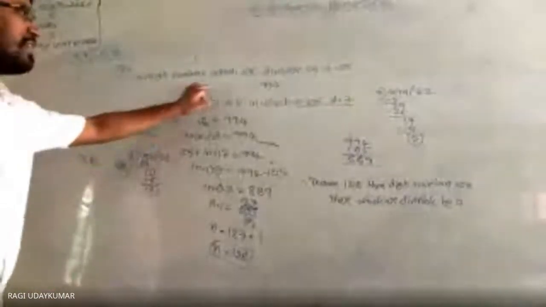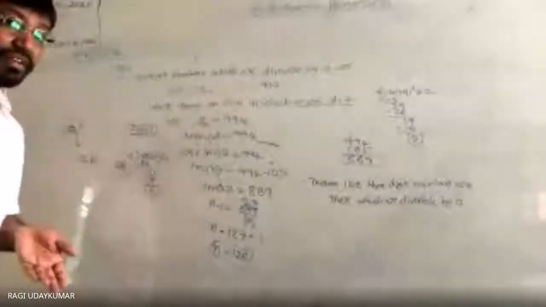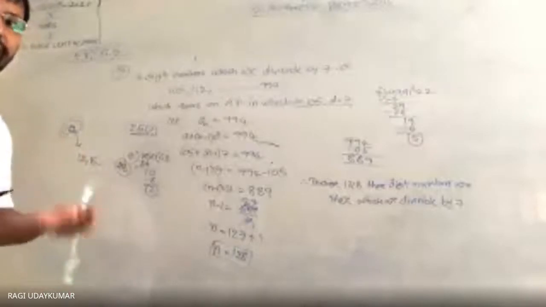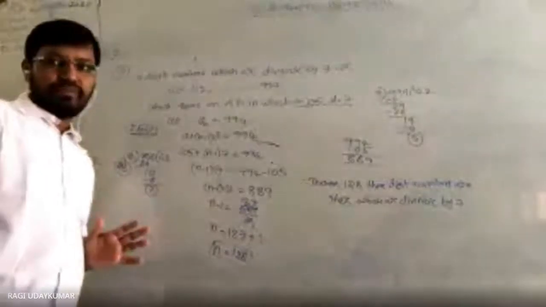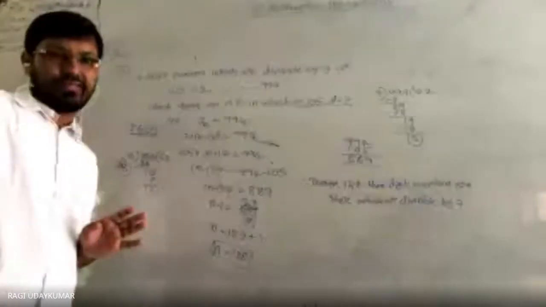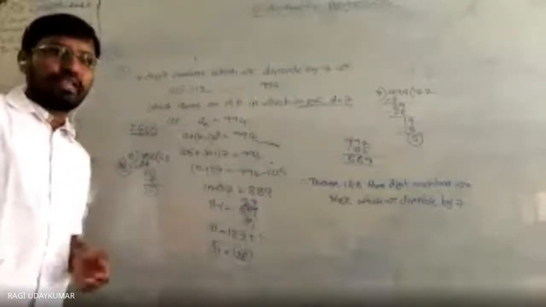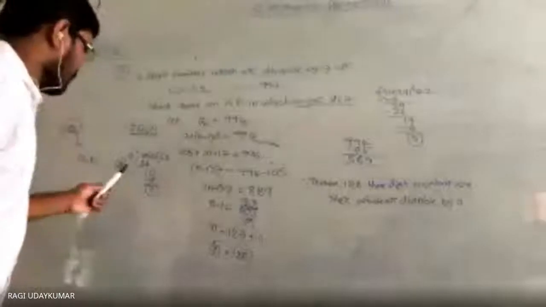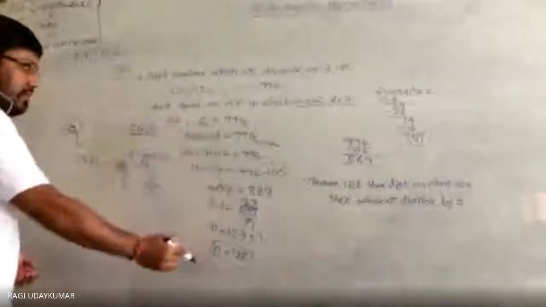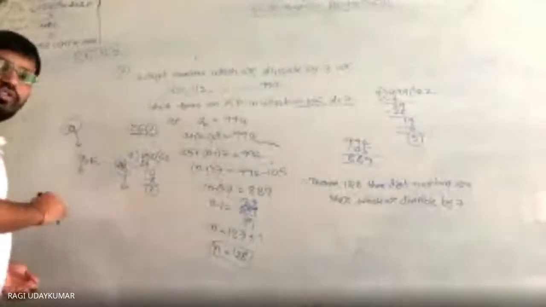Same model here. Multiples of 7 are the numbers divisible by 7; both are the same only. The question is framed a little bit differently, that's all. So you can do that. Do that one as homework. Same: take this 248 as the nth term, and A is equal to 12.